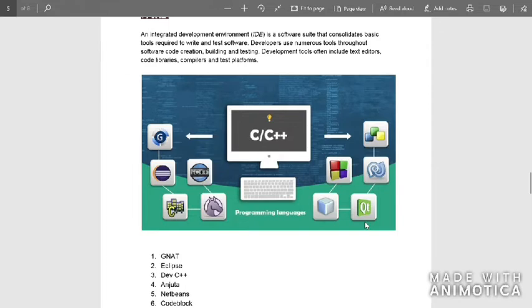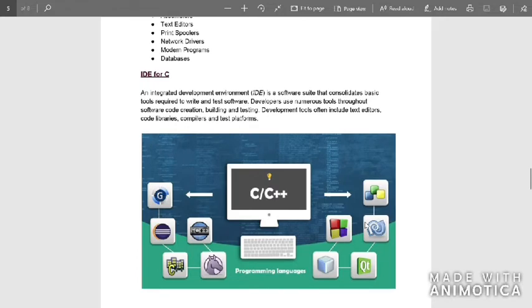Now the IDE is the place for writing and testing the code. Developers use numerous tools throughout software code creation, building and testing. Development tools often include text editors, code libraries, compilers, and test platforms. A lot of code libraries will also be used. We'll definitely check that in the next session.